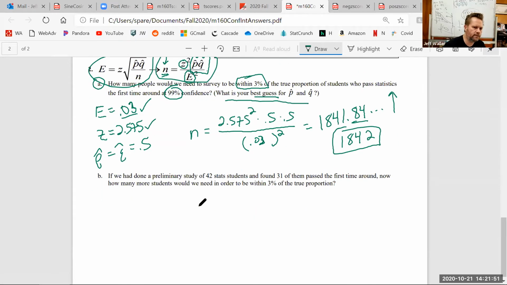Part B is the same problem, but now I know you guys have heard of preliminary studies. I'm pretty certain you've heard that word before. You do a preliminary study, a very small group. I took 42 stat students and I found 31 of them passed the first time around, because that's the whole point of this problem, right? So now the difference from the first problem,